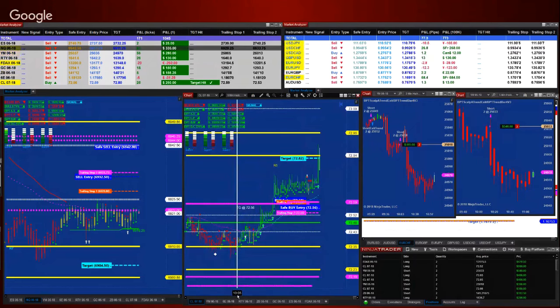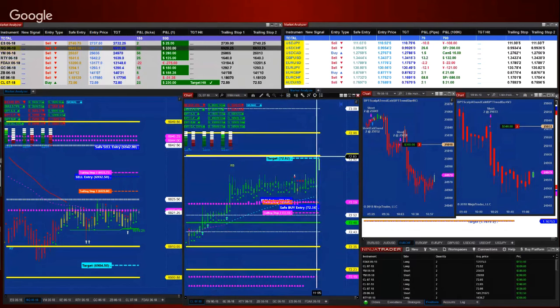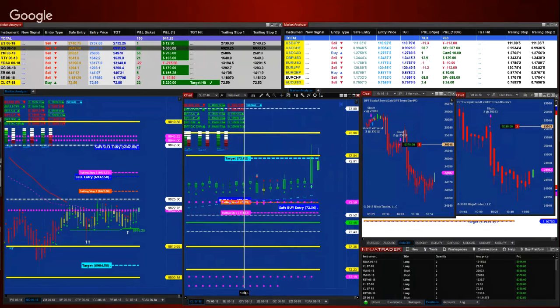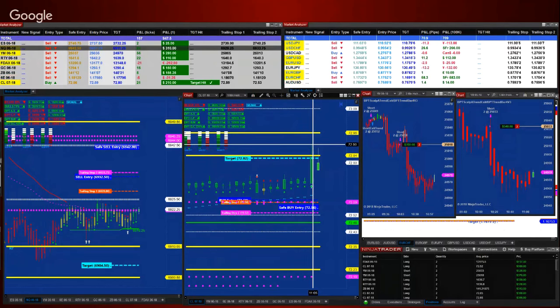And watch this, there's nothing left on the CL. Watch this, folks. For the ones following me on the CL, you're done. You took the entry, you made 25 ticks, and look at this. Look how the CL is going to fall. Once we hit the target, the CL is between those two yellow lines, so there is no more long trade, and it is over. It is over.